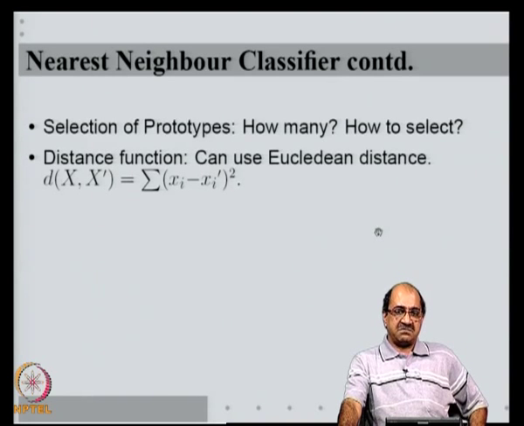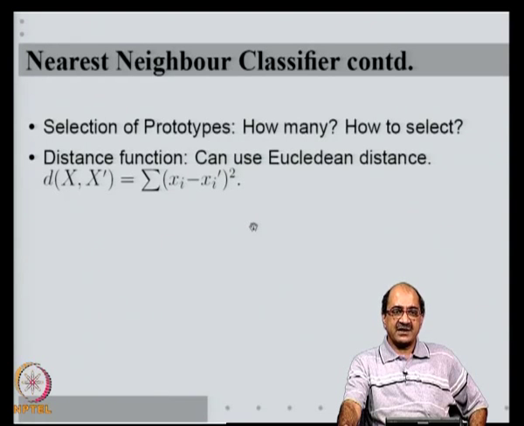What about the distance function? One can of course choose the Euclidean distance, because all our feature vectors are real vectors. So, I can use Euclidean distance as the distance. The only problem with Euclidean distance is it's very sensitive to actual numerical range. If different features take values in different ranges, the ones which are numerically higher will dominate. Suppose there are two features, one feature takes values between 100 and 200, another feature takes values between 0.1 and 0.2. No matter how much you differ on the 0.1 and 0.2 feature, the first feature always dominates.